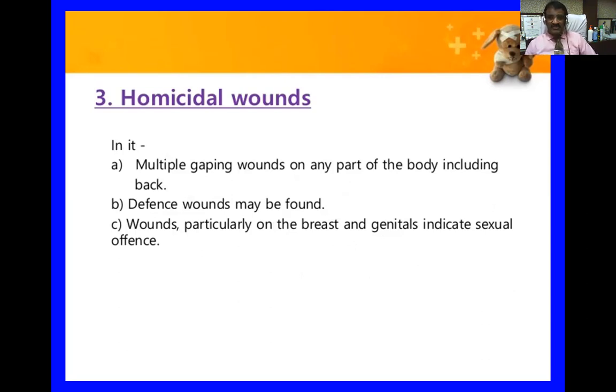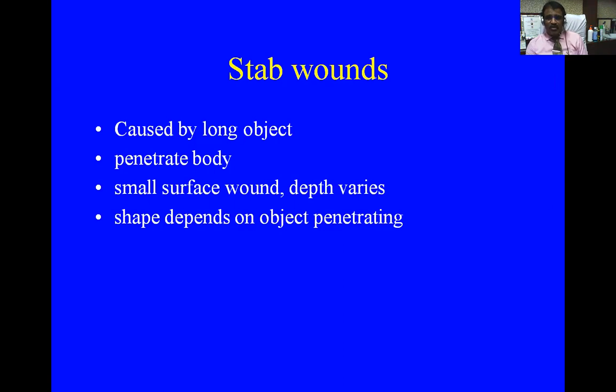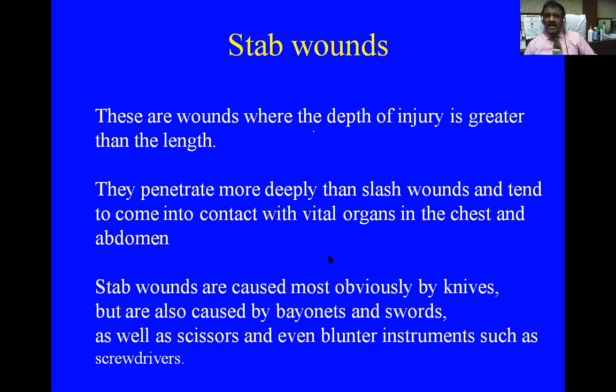So, in short, stab wounds are caused by long objects. They penetrate the body. Small surface wounds are deep. Shape depends on the object penetrating inside the body. Stab wounds are those where the depth of injury is greater than the length of injury. They penetrate more deeply than slash wounds and tend to come in contact with the vital organs in the chest and abdomen. Stab wounds are caused most obviously by knives, but are also caused by